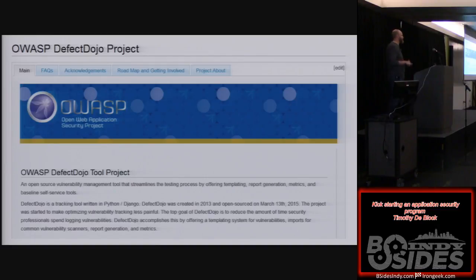It's got integration with Jira, so if you want to automate ticket creation, you can do that. It's also really easy to install. It's like one line of code, and it's got some metrics. If you go to the OWASP page there, you can click on the link and go through a demo version of it, so you can poke around in there. You'll see other people have been in there poking around.